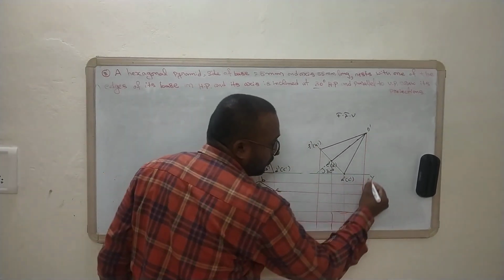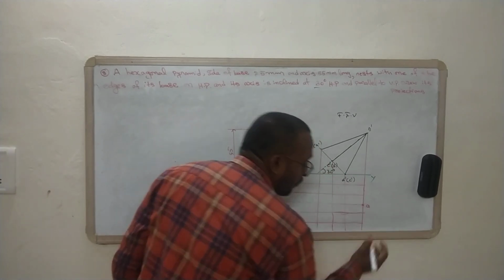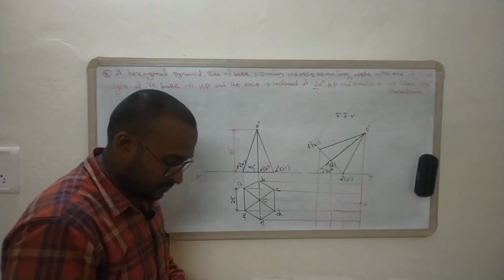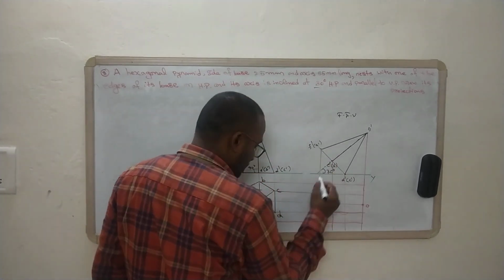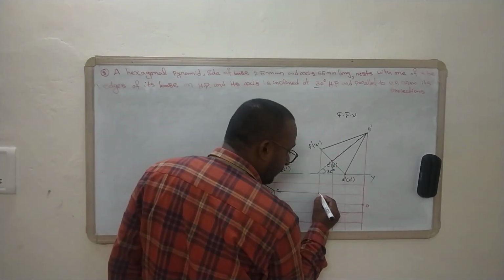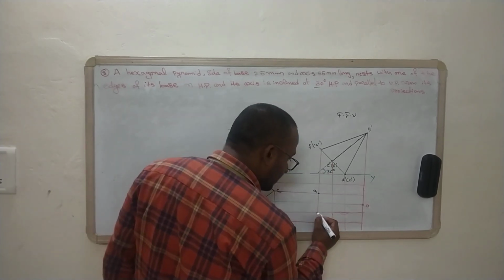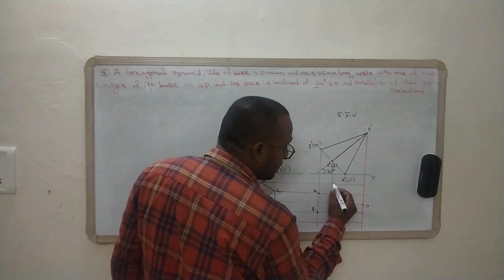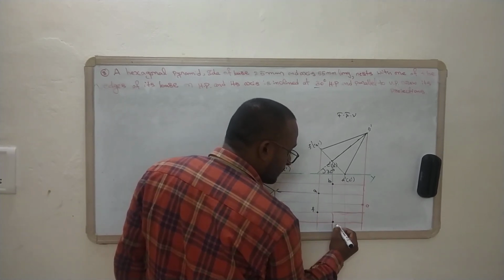Right, so O dash, O intersecting point will be O. Next, A dash, A intersecting point will be A. F, F dash intersecting point F. In a similar way, here it is B, C,